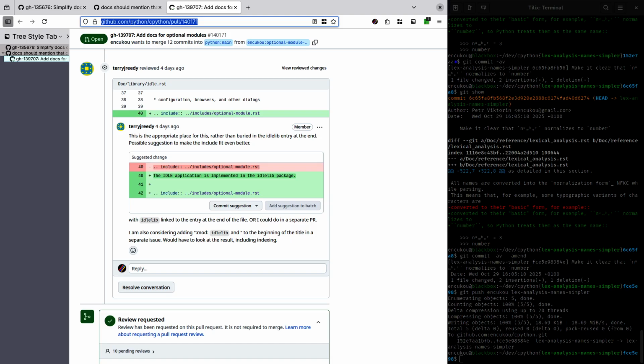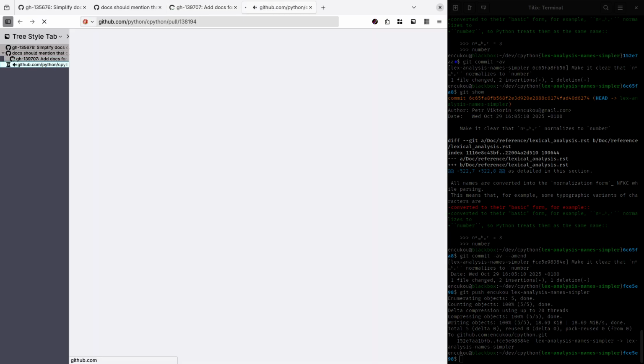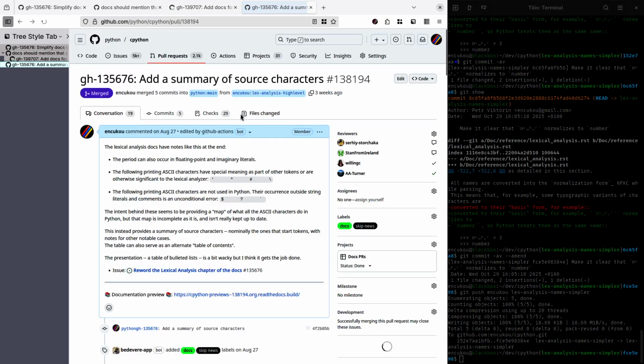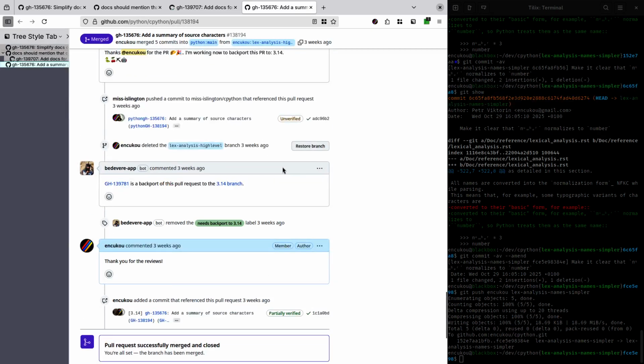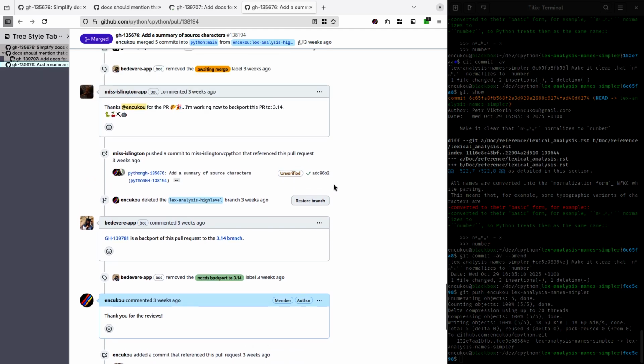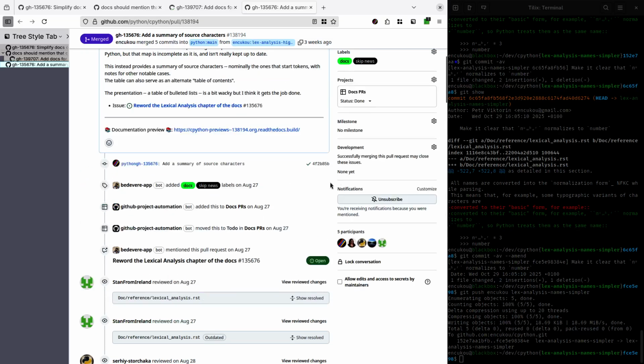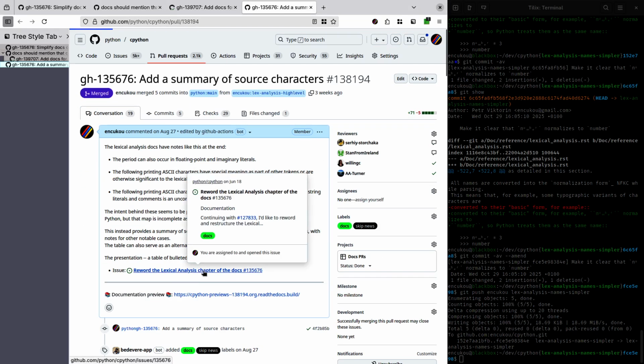And let's see what this one is about. Summary of source characters. Okay, I've merged that one. Perfect. So that goes off the to-do list. And next up would be,